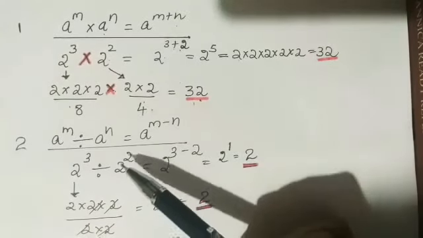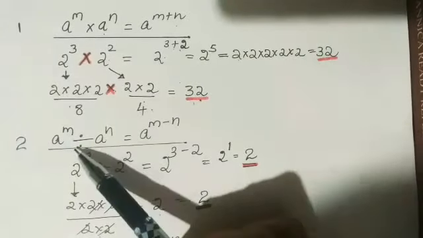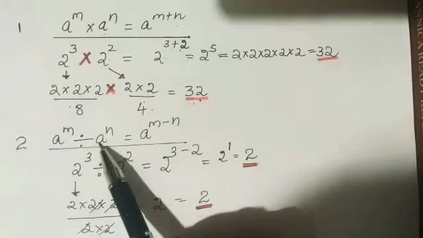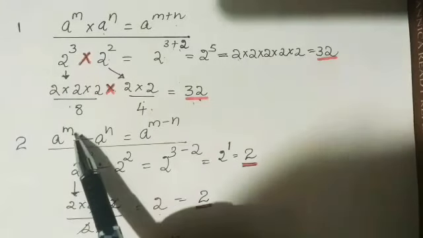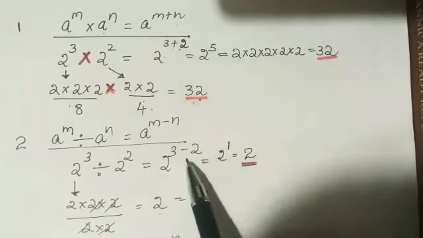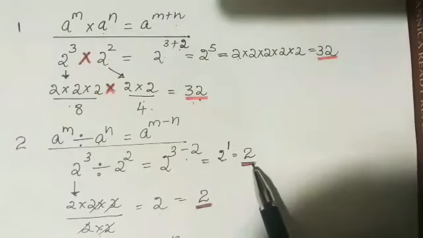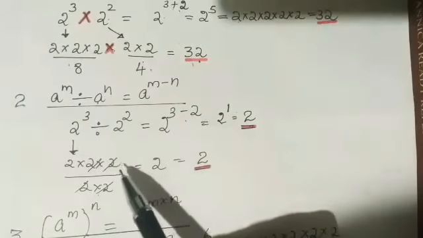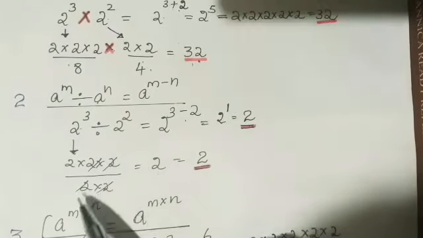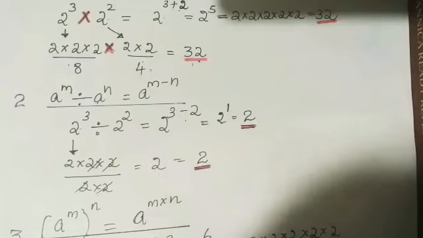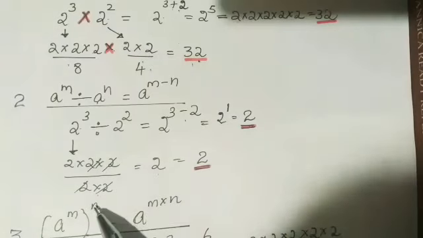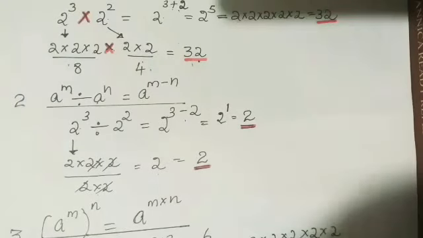Similarly, we can take the second law of exponents, that is a raised to the power m divided by a raised to the power n is a raised to the power m minus n. Here you can see that if the base is the same, while dividing you can subtract the powers or exponents. After subtracting the exponents, you get 2 raised to the power 1, which is 2 itself. Without using the law, you can check: what is 2 raised to the power 3? It is 2 into 2 into 2 divided by 2 into 2. These two 2's get cancelled, and what remains is 2. So to make calculations easier when you have bigger calculations, you can just go by this law of exponents.